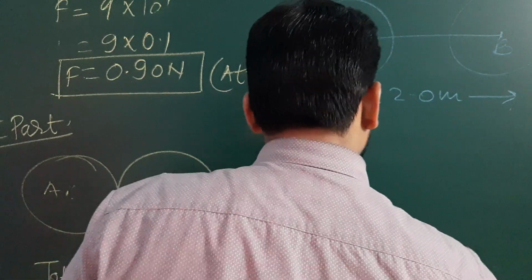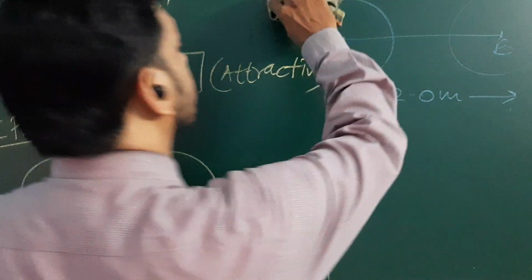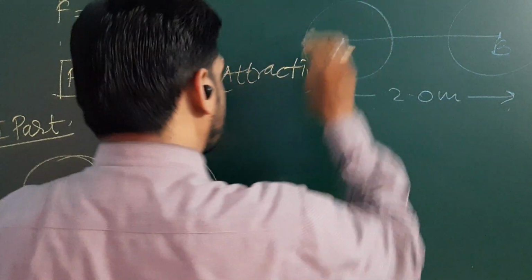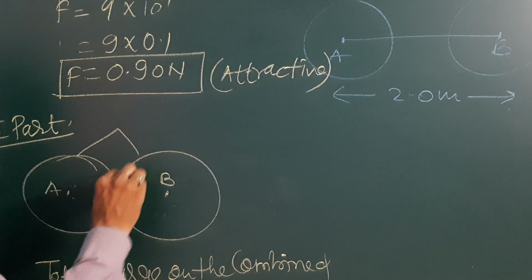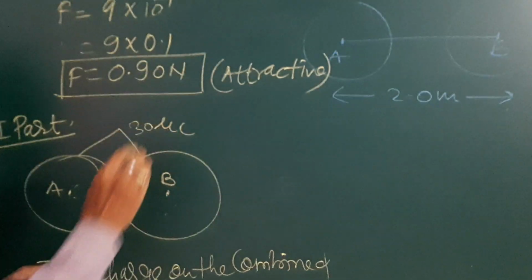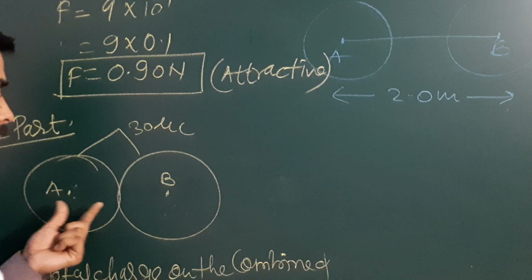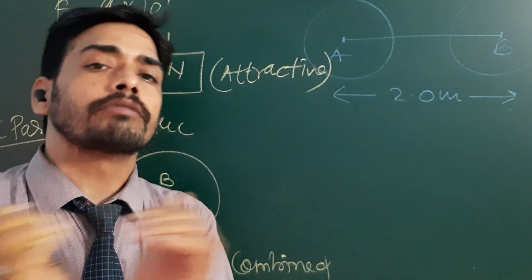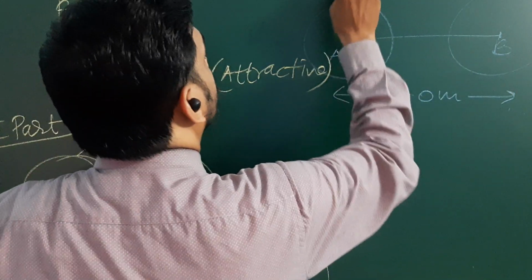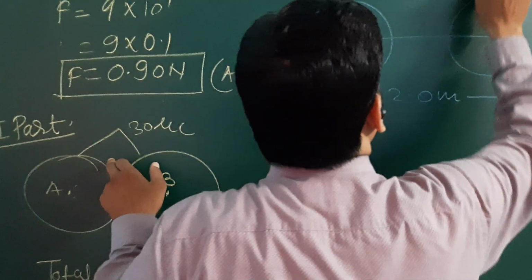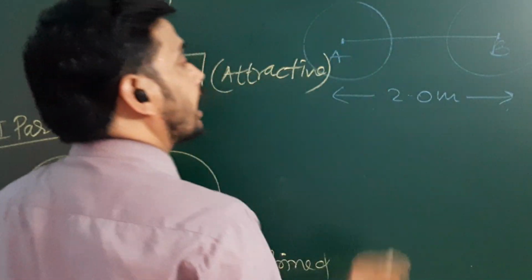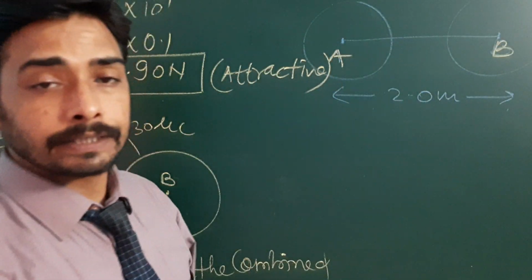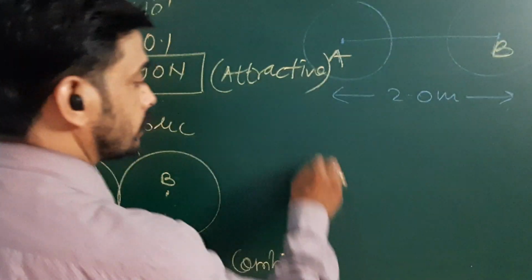they are separated again at the same distance. Now you could understand, if they are separated again at the same distance, the net charge on both is 30 microcoulomb. If we separate them and they are identical, then the amount of charge is distributed equally. So the first one has 15 microcoulomb and the second one will also have 15 microcoulomb, and again they are at the same distance of 2 meters. Now what is the force between them?